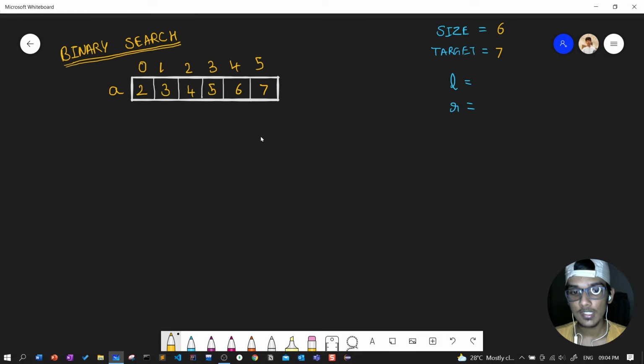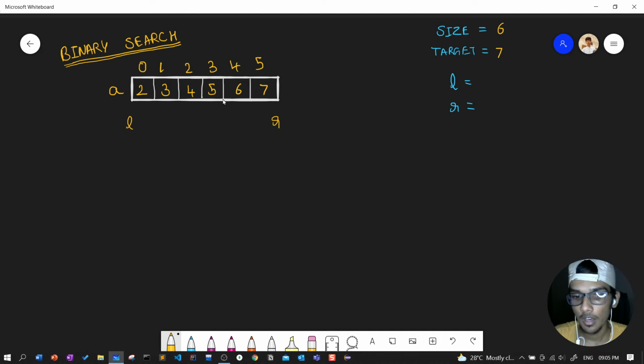In binary search, the main idea is that we split the array. We find the mid element. Since it is a sorted array, we can find the element easily because the smaller elements will be on the left side and the larger elements on the right side, in ascending or descending order.